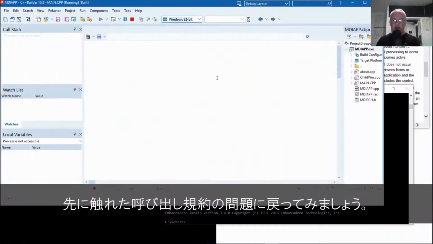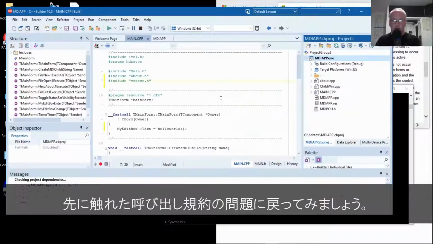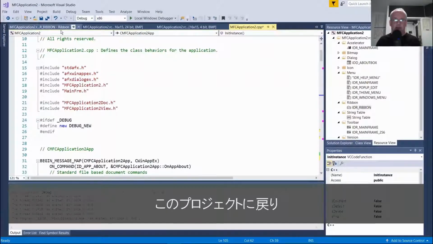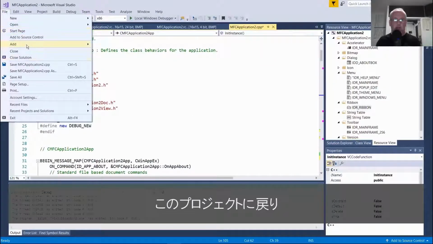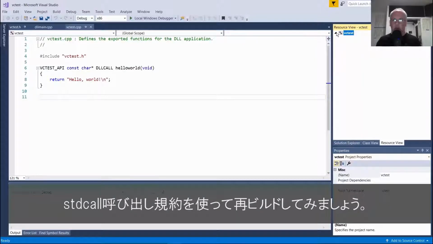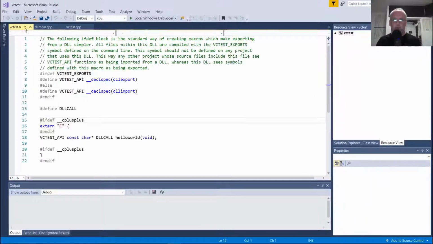So circling back to the calling convention issue that we addressed earlier, let's go back to this project and let's rebuild this using standard calling convention.